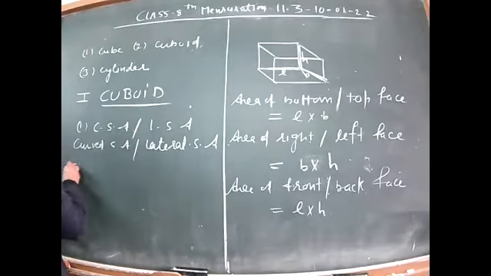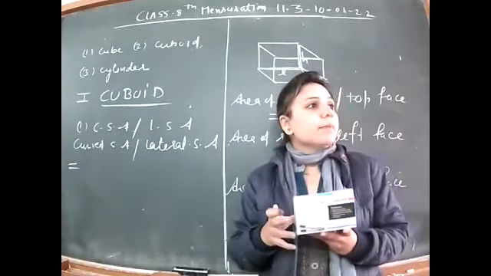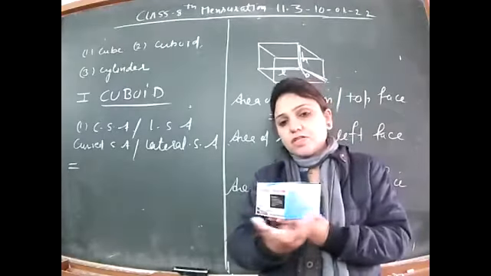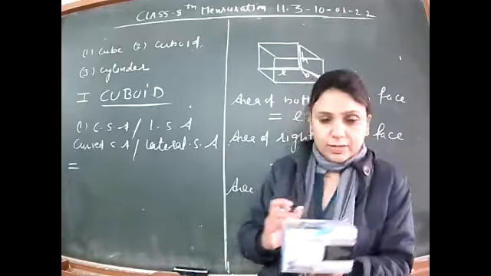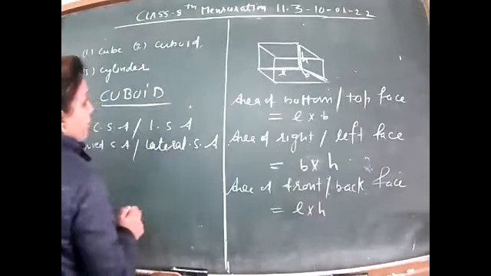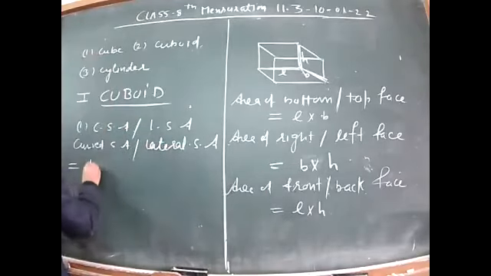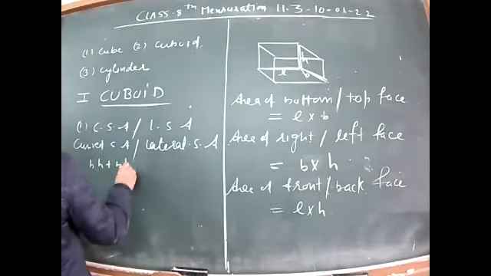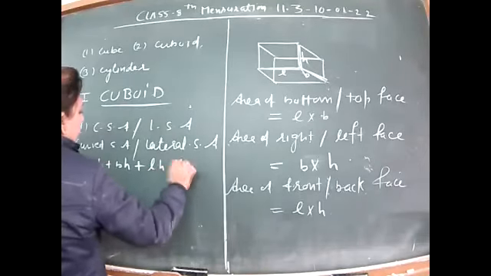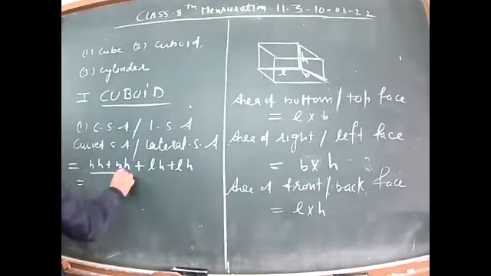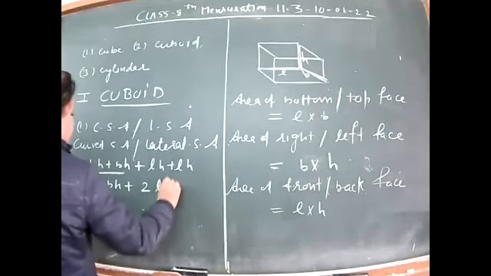So you know, in the lateral surface area or the curved surface area, as I will show you the figure and I am telling you, it is including the faces which are around. तो आस-पास वाले चार फेस हैं. That means you will be having, इसमें अपर और लोअर फेस छूट जाएंगे, राइट एंड लेफ्ट वाले दो फेस BH प्लस BH एंड फ्रंट एंड बैक वाले दो फेस LH एंड LH. BH प्लस BH राइट टर्म्स 2BH, LH प्लस LH 2LH.